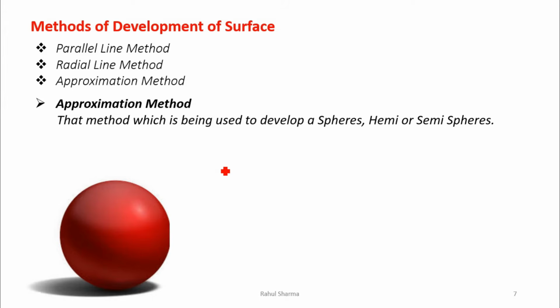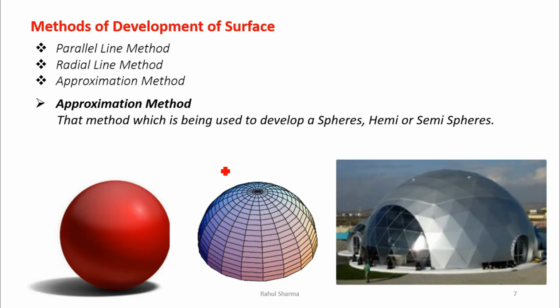We cannot change that. So whenever we have to design a ball, we calculate the material required, and moreover we calculate from where we have to stitch the ball so that we can get the same size as required, or even the same weight as required. So in the case of balls, hemispheres, and dome-like structures such as dome theaters, we apply the approximation method. Now in the approximation method we have two methods.